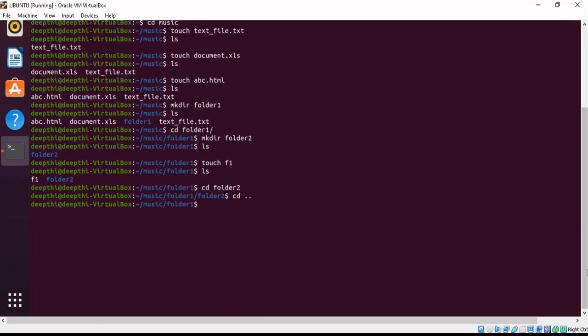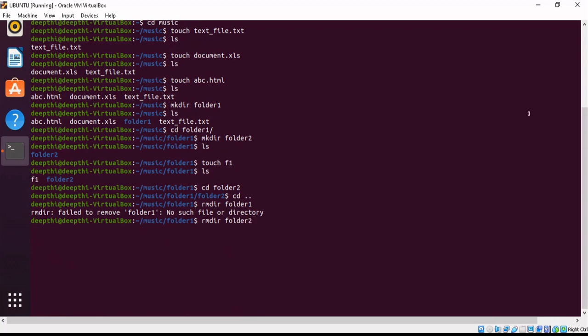Now if I want to delete, how will I delete it? I will use rmdir. I'm in folder 1 and I want to delete folder 1. It shows no such file or directory, because the name of that was folder 2.